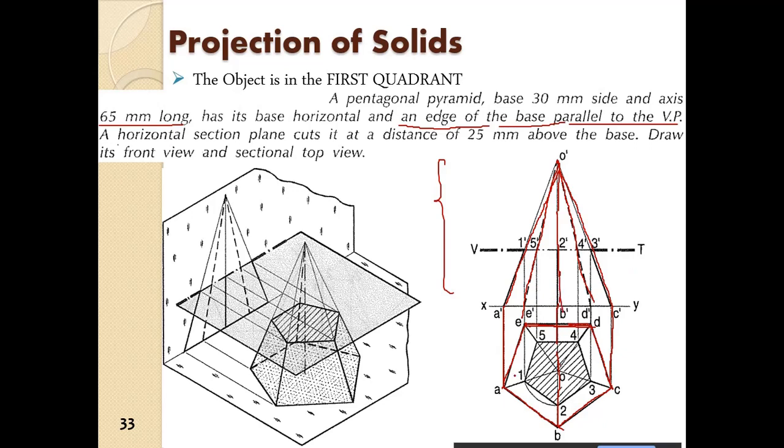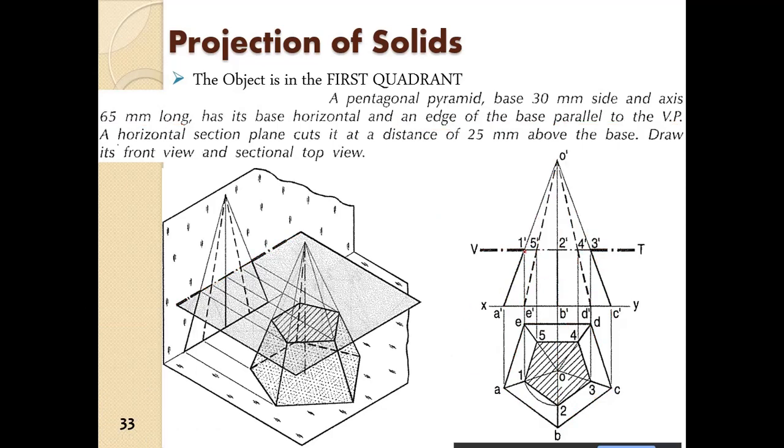Okay, so first of all, top view of the pyramid. Second is front view of the pyramid. Third step is you draw the plane of intersection. That is the third step. Okay, so once you draw the plane of intersection,